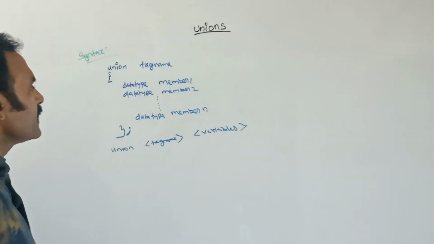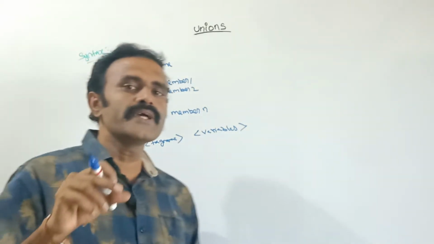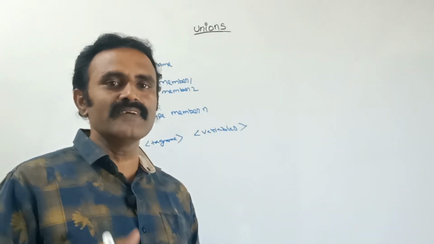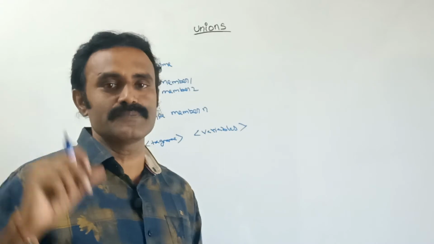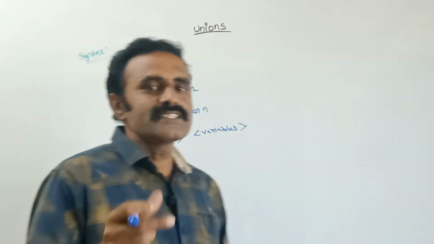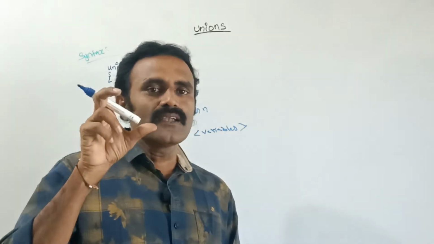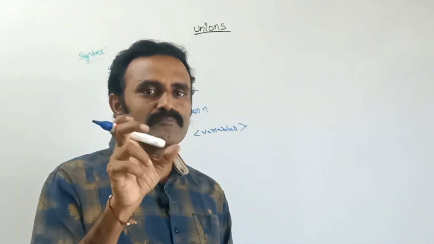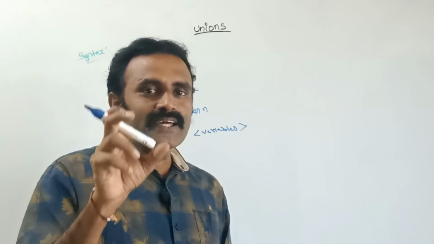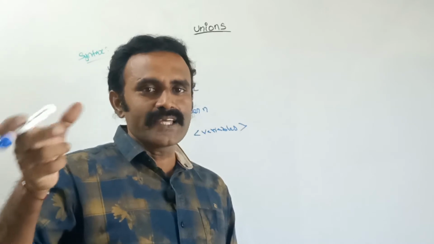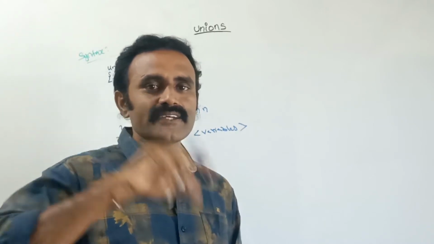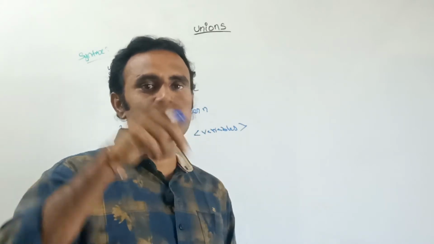Here, for example, if I am creating 5 members in the union, all the 5 members will utilize the same memory space. For example, if I am using 5 members, first the system will check which member has the largest memory space, then it will allocate memory up to that size, and each and every member will use that memory space.